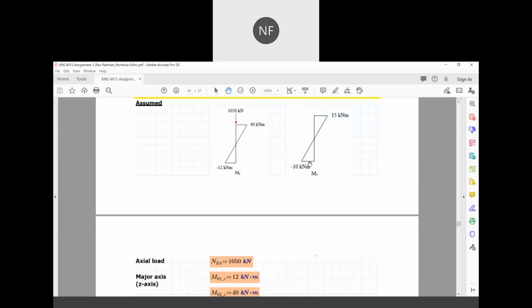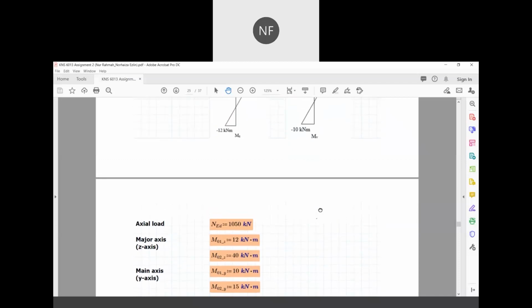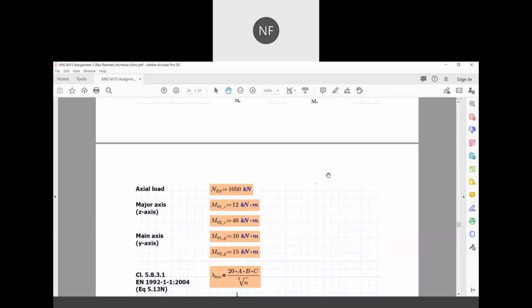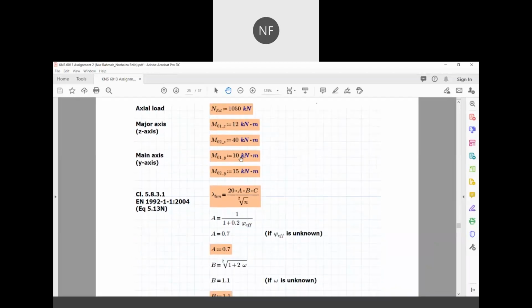And as for the major axis, at the bottom end it is equal to 12 kilonewton meter, whereas at the top end it is equal to 40 kilonewton meter. And as for the minor axis, the y-axis, the bottom end is equal to 10 kilonewton meter, whereas the top end is equal to 15 kilonewton meter. So we proceed to the slenderness limit, and before we calculate the slenderness limit ratio for the column, we need